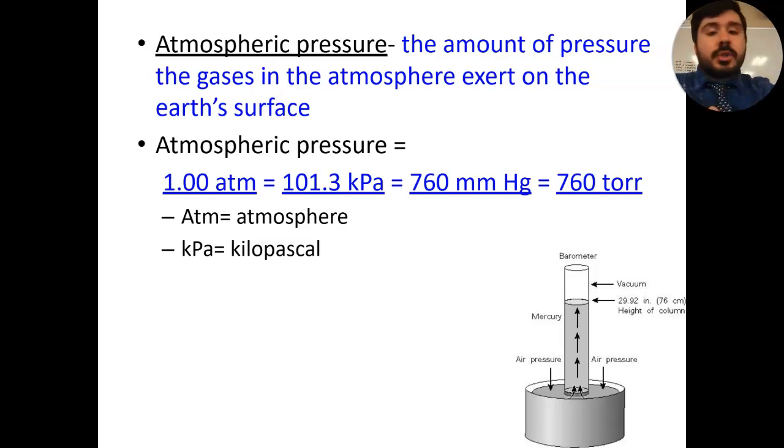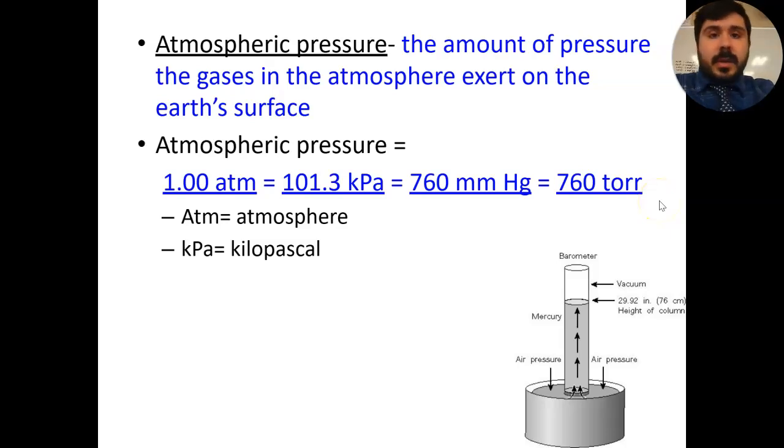You'll also notice there's two more there, 760 mmHg. This is just a basic way of saying millimeters of Hg, which is the element mercury, so millimeters of mercury. There's also torr, T-O-R-R. It's also 760 for atmospheric pressure. Now, all of these measurements, 1.00 atm, 101.3 kPa, 760 millimeters of mercury, and 760 torr, are all equal